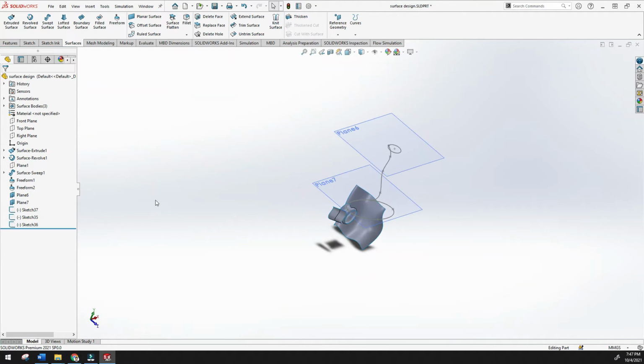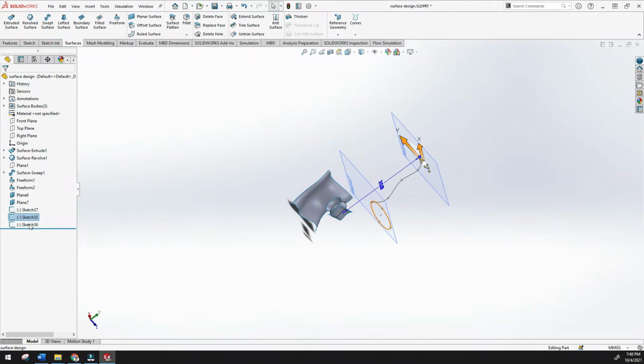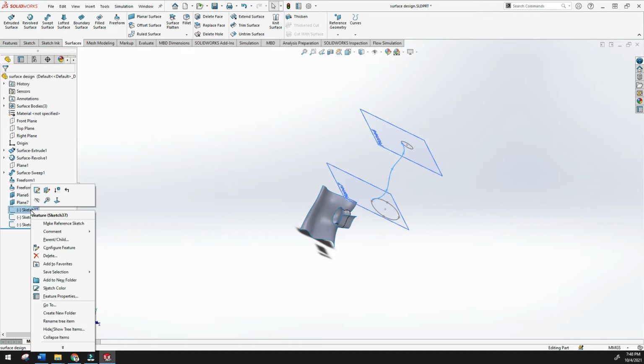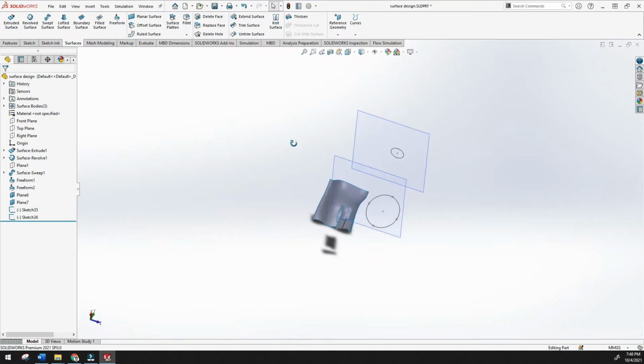So you can see these two sketches and this is the guide curve. I want to delete the guide curve first, but these two planes and these two sketches are easy to create.